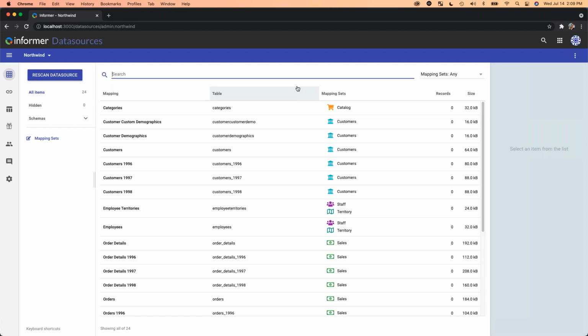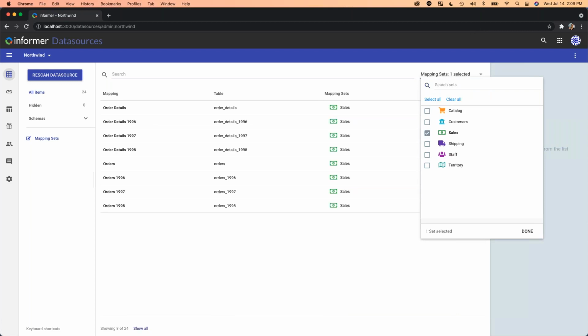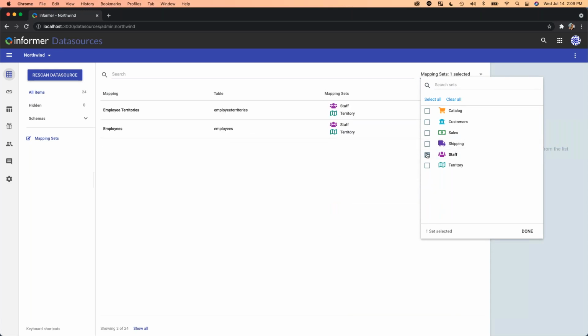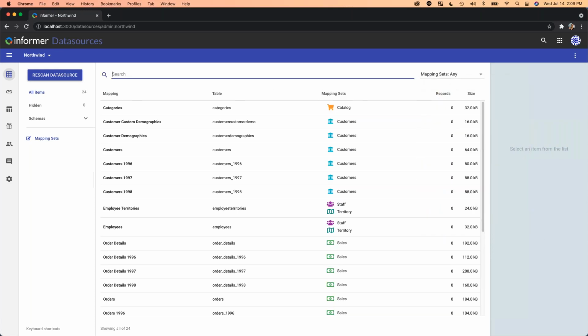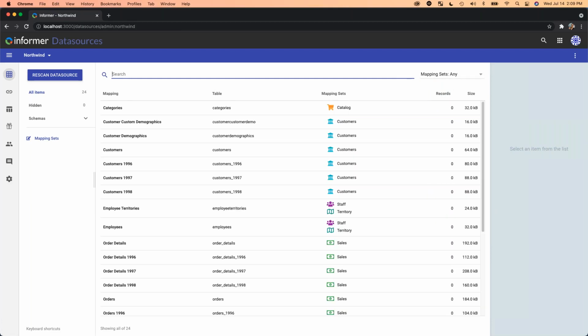So now it loads really fast, and they're all up in this little drop down, and it's searchable, because if you have it over here, not as easy to search for it. So here, if I pull down this drop down, I can see all of the mapping sets here, and if I check the boxes, I get an immediate reaction from the list below. So likewise, it's really fast to type in here, so searching through your mapping should hopefully be a pleasant experience because it does react quickly to your